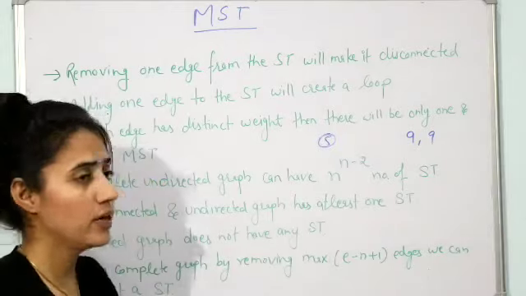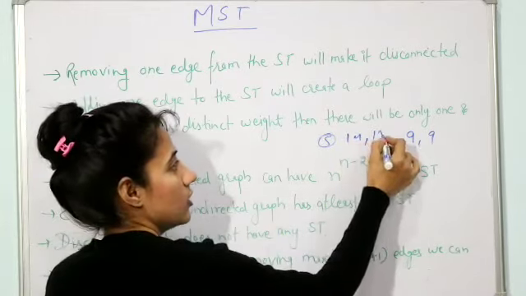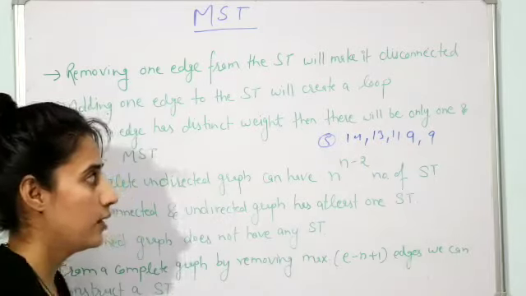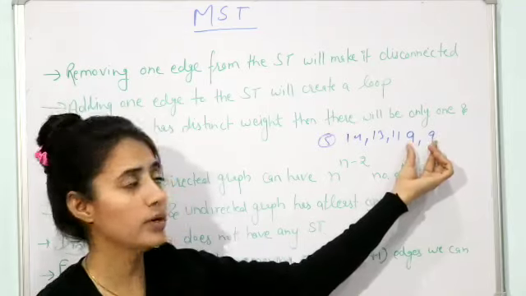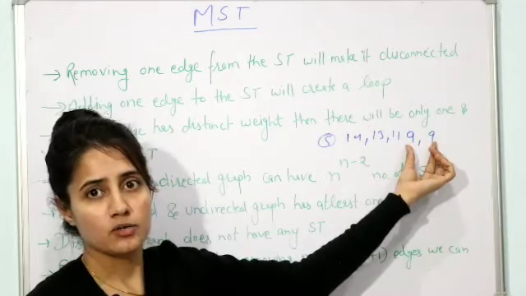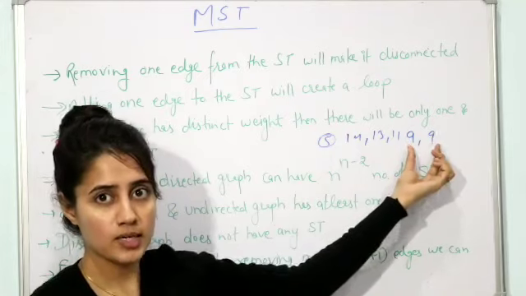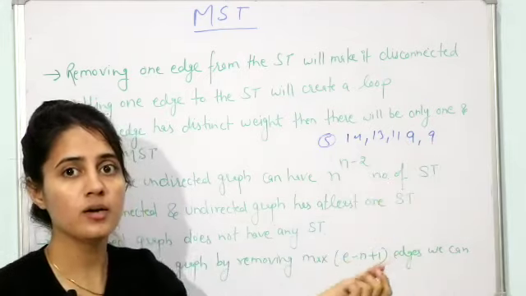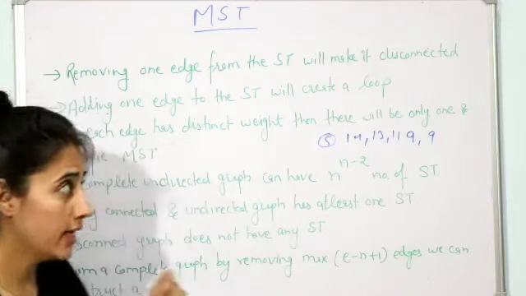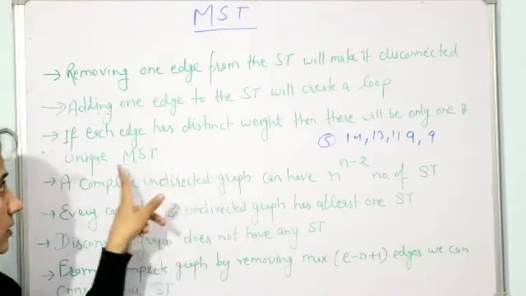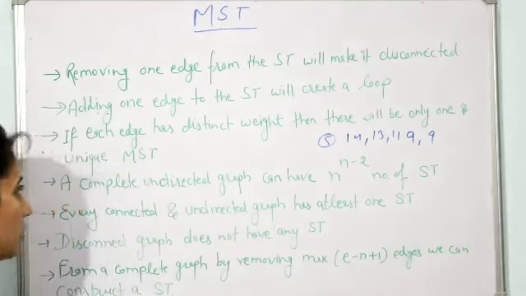Fine. And out of 5 spanning trees, one spanning tree has edge weight 14, another is 13, another is 11, and 2 spanning trees have total edge weight 9 and 9. Then both would be minimum spanning trees. So for this graph 2 minimum spanning trees are there. When will this condition occur? When the edge weights of 2 or 3 edges are the same. But if the edge weights are distinct, in that case there would be only one and unique minimum spanning tree of that graph.